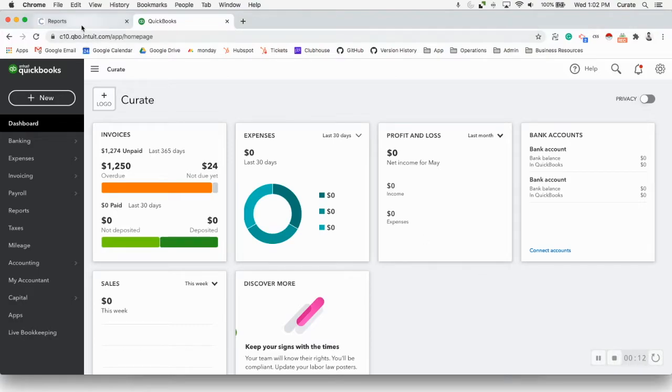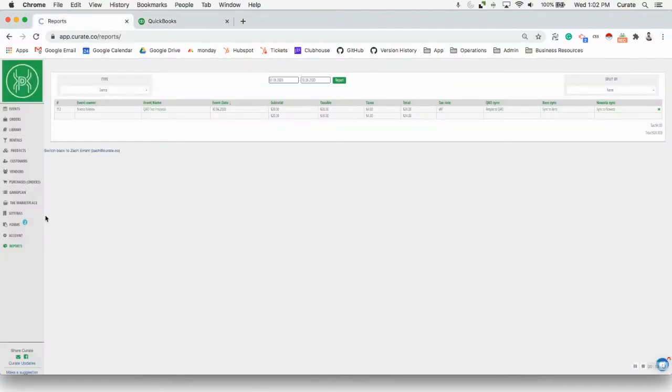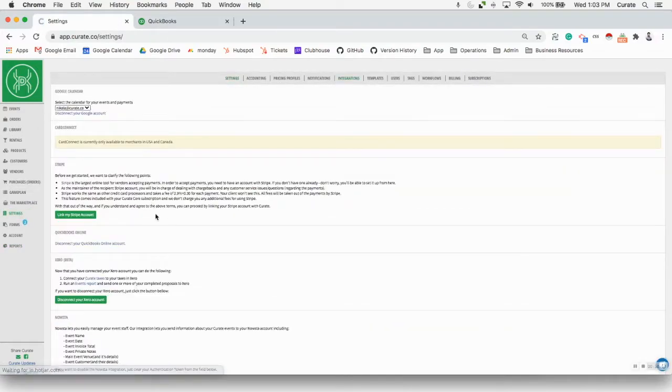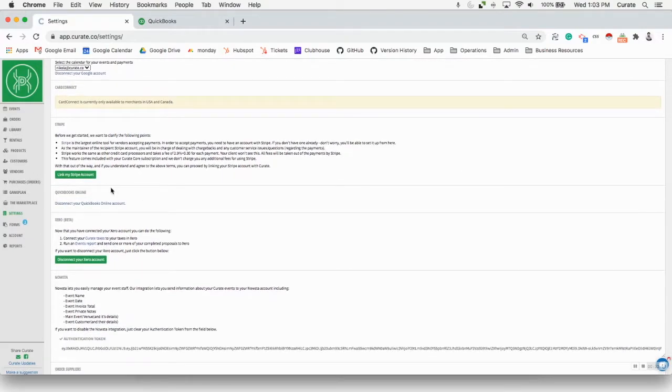So first things first, within Curate, you do have to go to your settings page in order to integrate your QuickBooks Online account. This is really easy. You can just go ahead, log into your account, head over to the Settings tab, and then jump into Integrations. Now, on your account, if you are new to Curate, you will have the ability to connect your QuickBooks Online account. This will ask you for authentication details such as your username and password, and then we'll seamlessly connect to